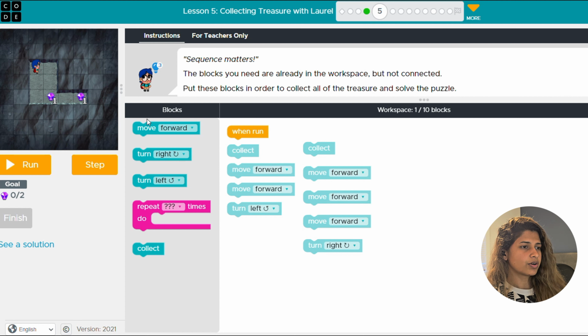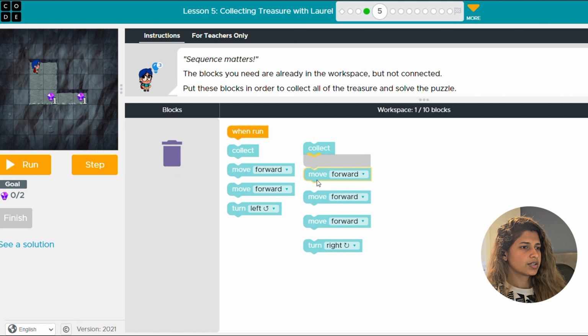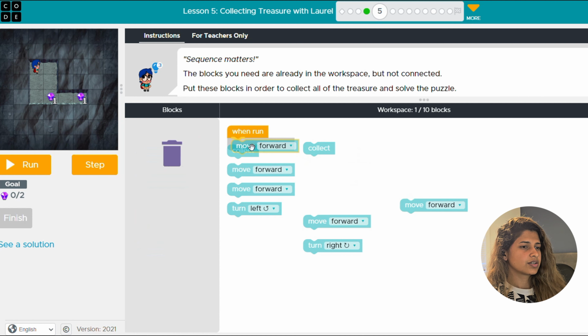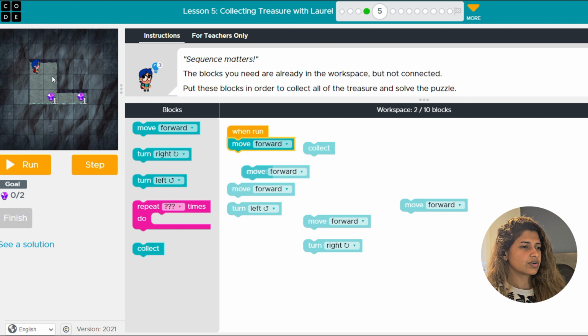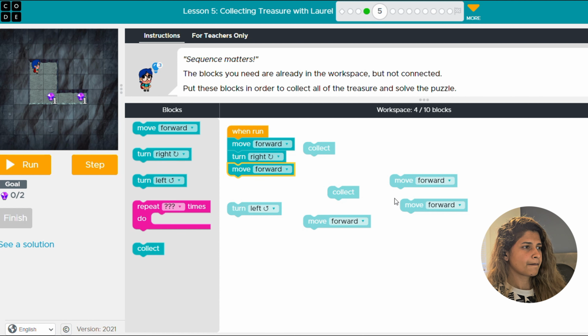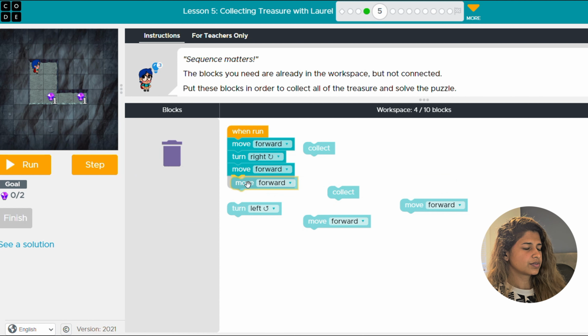So these are the set of blocks that are to be used to accomplish this task. So I will just take this out. I will move forward. Okay, move forward and then it has to turn right. So let's turn right and then move forward 2 times. So move forward, move forward. Okay, move forward, move forward. So this way